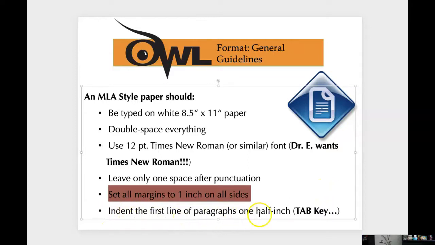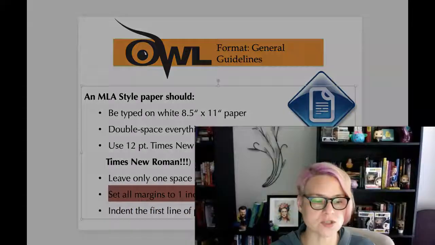Indent the first line of paragraphs 1/2 inch, which on any computer keyboard that you use is the tab button. The tab button should default to a 1/2 inch indentation. I have a lot of students in the past and in the present who will hit the space key a number of times to indent their paragraph. Please don't do that.